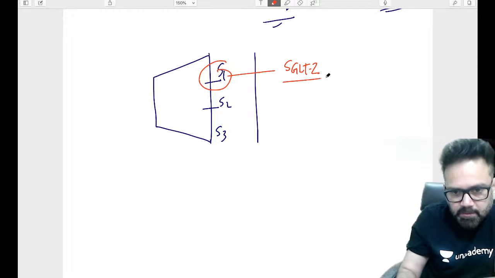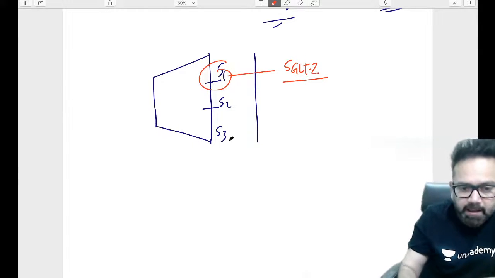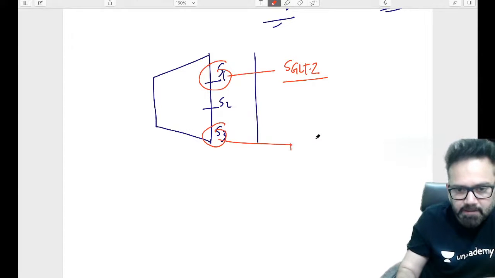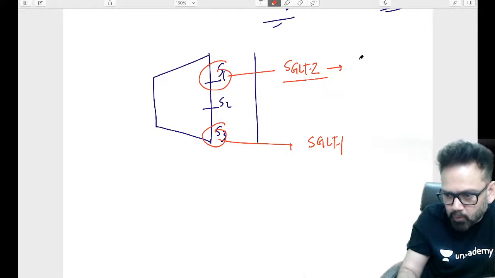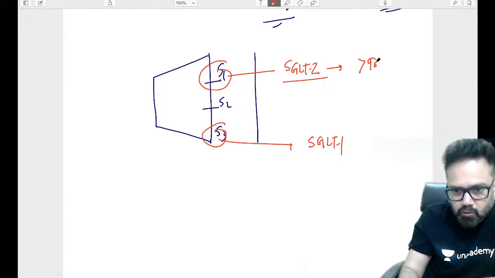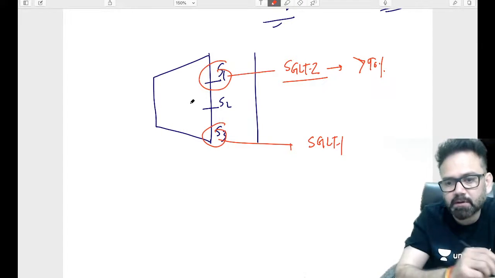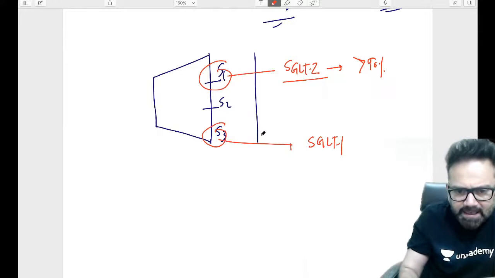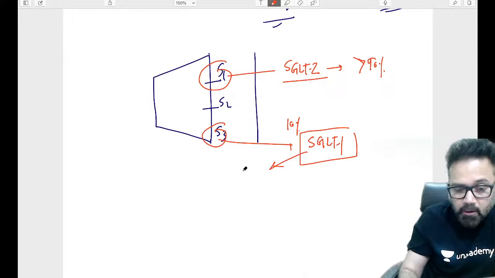This question was asked in JIPMER. SGLT2 is present in S1. SGLT1 is present mainly in S3, because SGLT2 reabsorbs more than 90% of glucose. So maximum glucose is reabsorbed by the initial one third of the PCT, and whatever is left will be reabsorbed by SGLT1. So it must have high affinity. Are you getting me? It must have high affinity